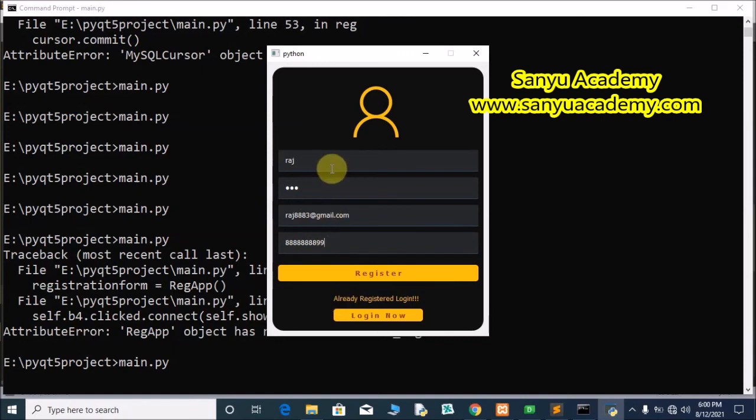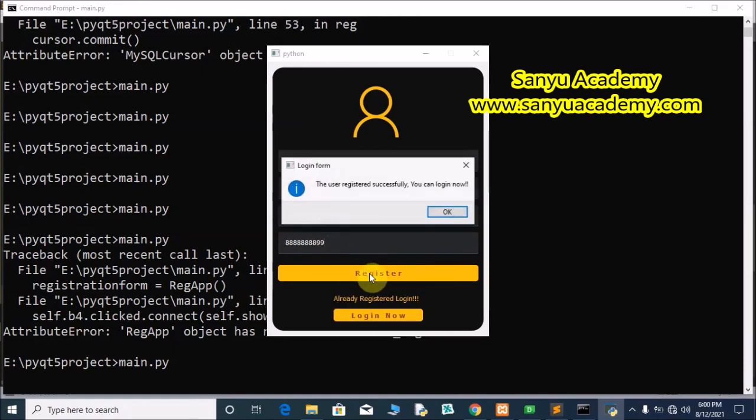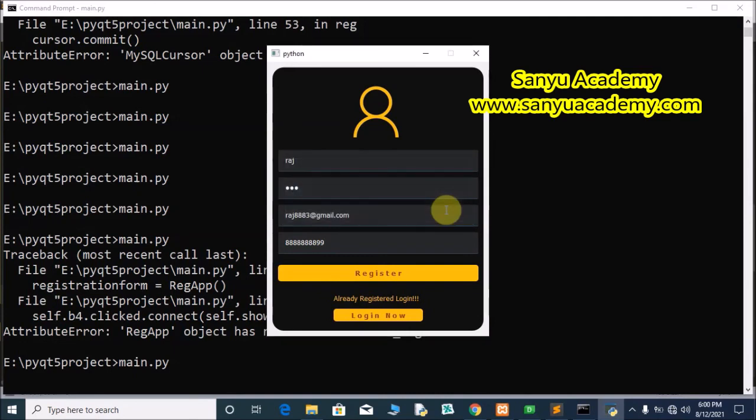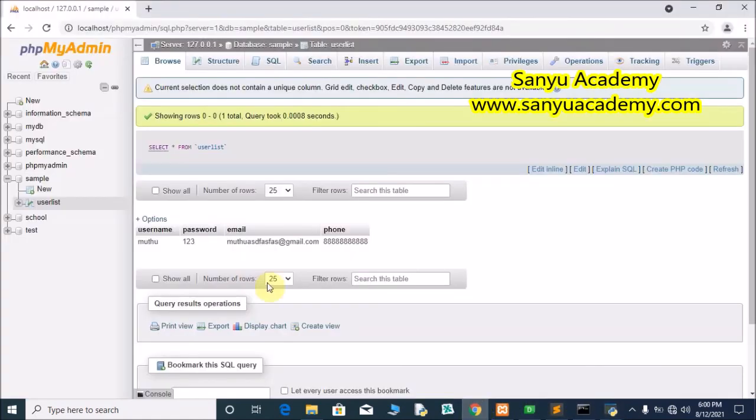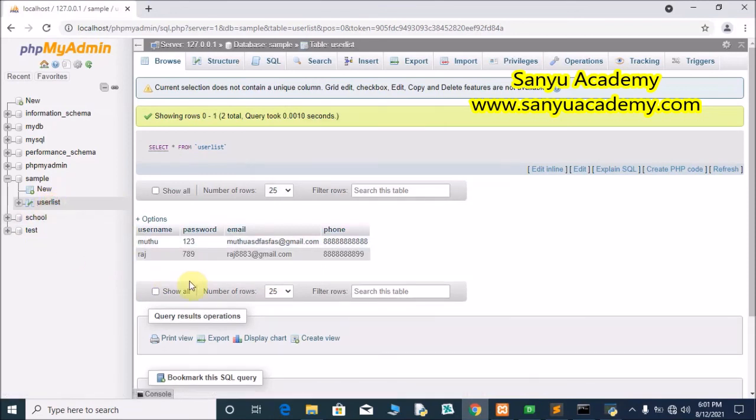I give all the dummy data. Click register. The user registered successfully. You can log in now. We will click OK and we will check the database. Click the username once again to refresh. Now our data is added.